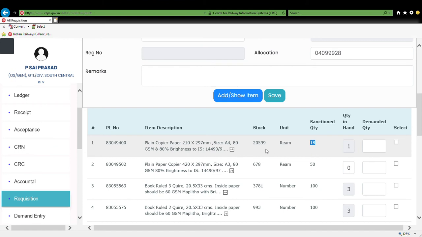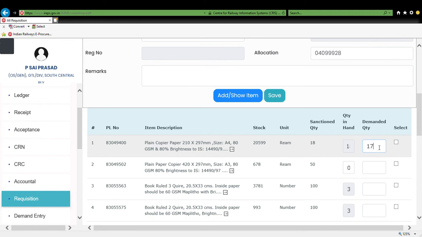It means for the A4 Xerox paper, my sanctioned impressed is 18 reams. That's why it is showing 18. Now my stock on hand is one ream. I can place demand for 17 numbers only because the calculation is sanctioned quantity minus stock on hand. 18 minus 1 is equal to 17.